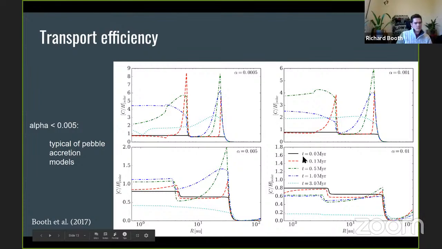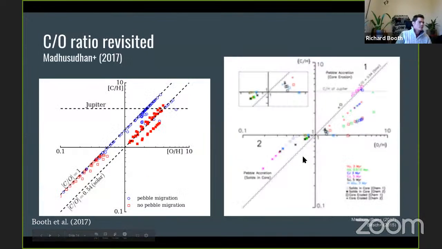And the other aspect I'll come to is the chemistry. So I actually at the time took these models and ran them through simple planet formation models, and those are the blue points, which show that you can get essentially a wide range of metallicities at C/O ratio of 1. These are for gas giant planets that cross the CO snow line essentially. And again, getting a high metallicity and a C/O of 1 is difficult